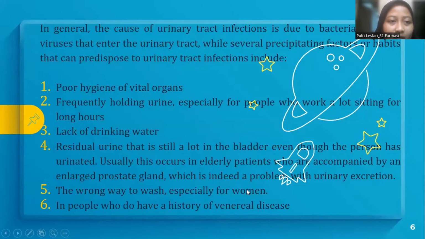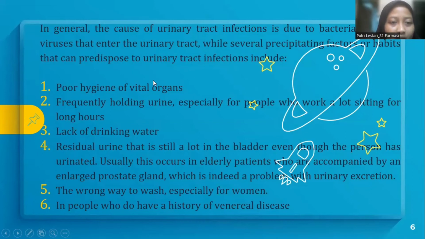In general, the cause of urinary tract infection is bacteria, fungi, or viruses that enter the urinary tract. Overall, precipitating factors or habits that can predispose to urinary tract infection include: